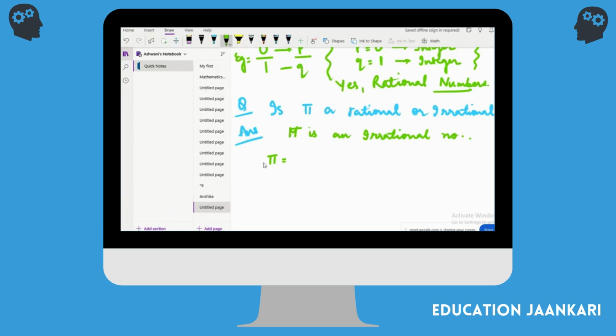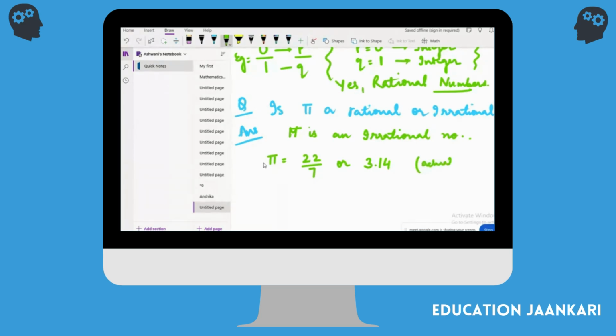Two values of pi are there, no? One is 22 upon 7 and the second one is 3.14. So these two are the values of pi. 22 upon 7 and this is 3.14. This 3.14 is the value of pi that we take, but